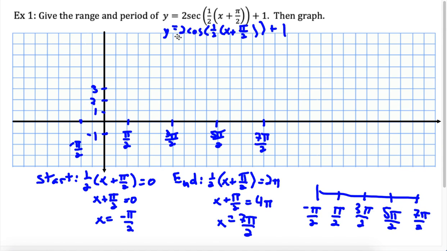Okay, and I should also put in our midline just so we can clearly see where that is, and that would end up being at 1. So I'm going to put in a dashed line here at 1. So now let's sketch our cosine curve. So we know that cosine, I'll do this in a different color, starts at the maximum, goes to the midline, then to the minimum, then to the midline, back to the maximum. So here is